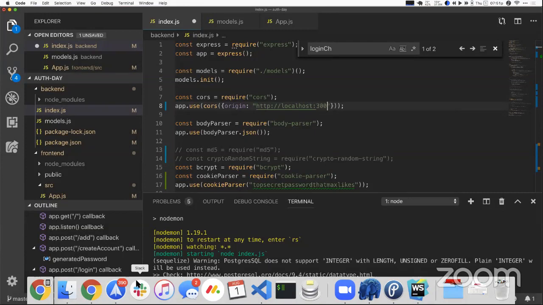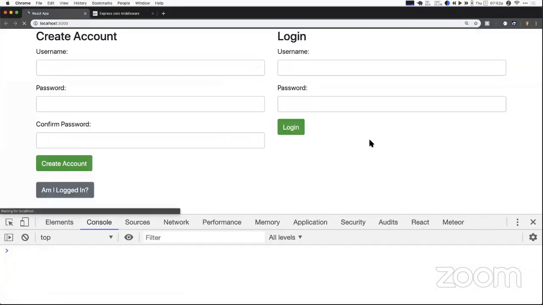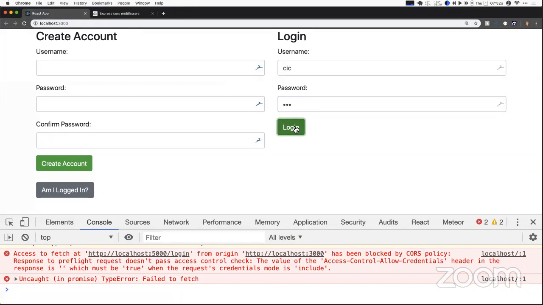http://localhost:3000. So the server is now specifically saying, hey, if this is coming from localhost 3000, it's okay to do CORS on that one. So we're going to go back to our code. We're going to refresh. We're going to 1, 2, 3. We're going to log in